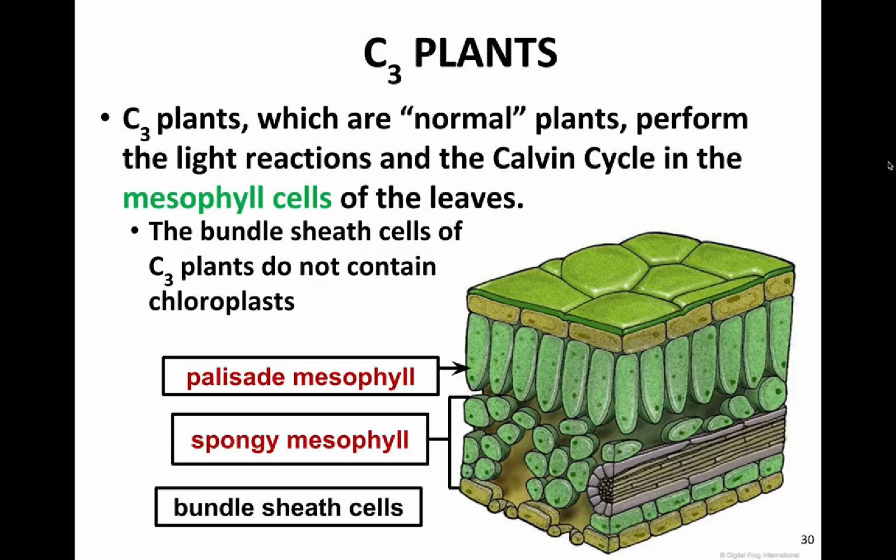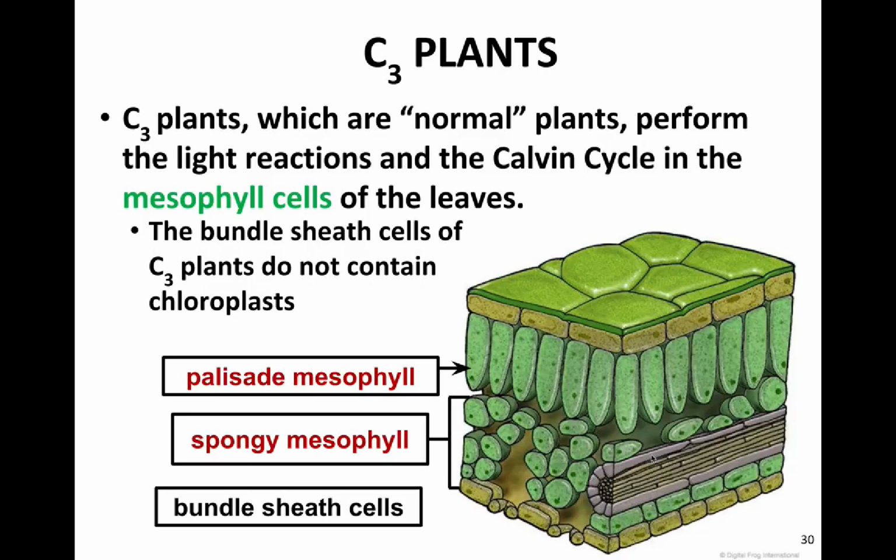C3 plants are typically known as the ones that are normal, quote unquote, but there's no such thing as normal in biology. It just doesn't exist. There's no such thing as normal in life. What I would like for you to know about C3 plants is that they are performing the light reactions and the Calvin cycle in the mesophyll cells of the leaves. So those are the cells that typically have the highest concentration of chloroplasts, and that is where their photosynthesis is